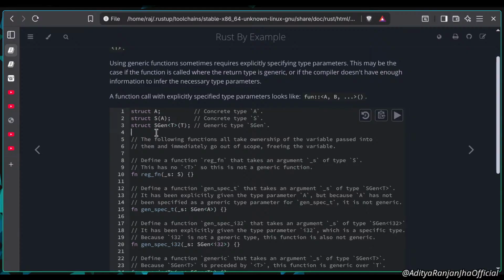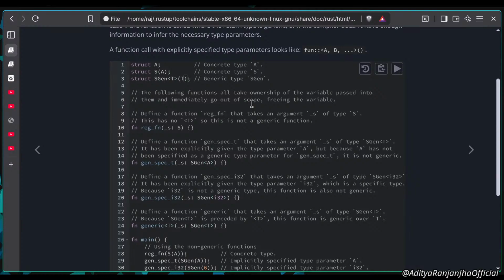But this one, the third one, is a SGen, which is of type generic because of this angular bracket, and we are passing T as an argument, which is generic. And now we can pass A, we can pass B, we can pass any characters, we can pass anything that we define later on. Now the following function all takes the ownership of the variable passed into them and immediately